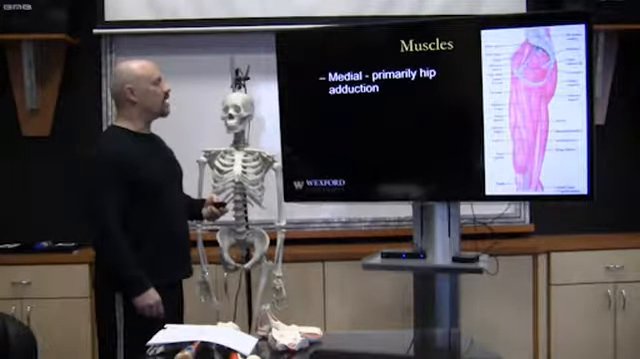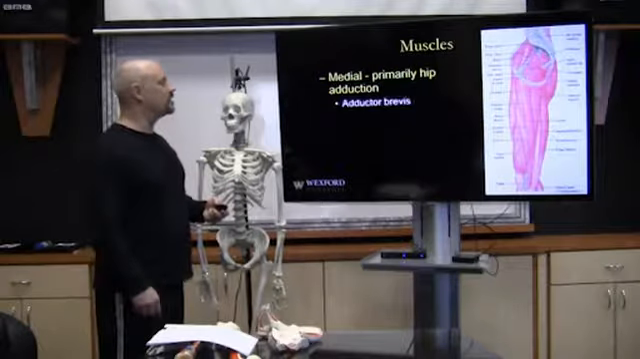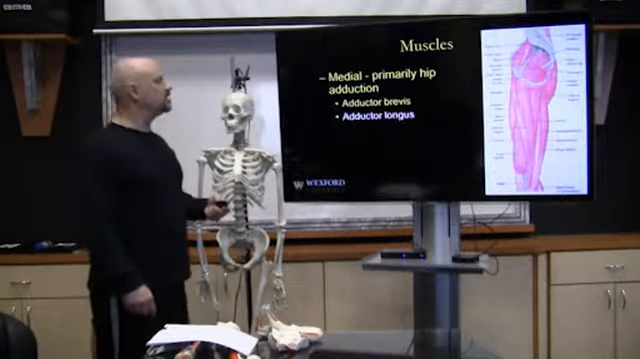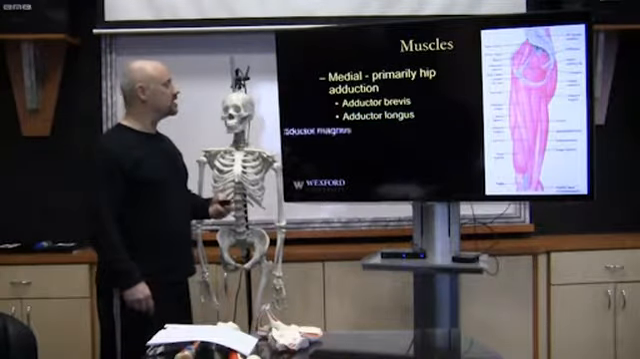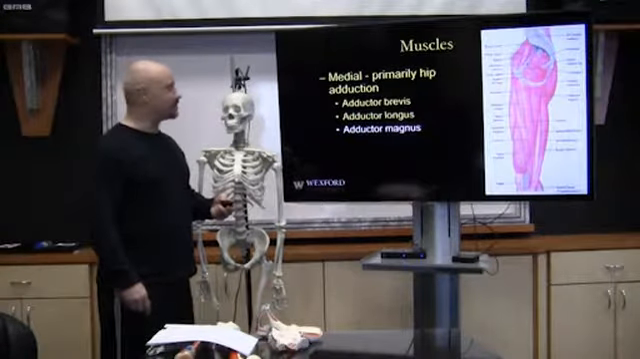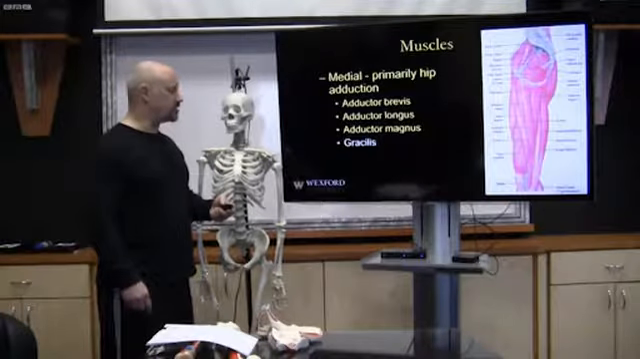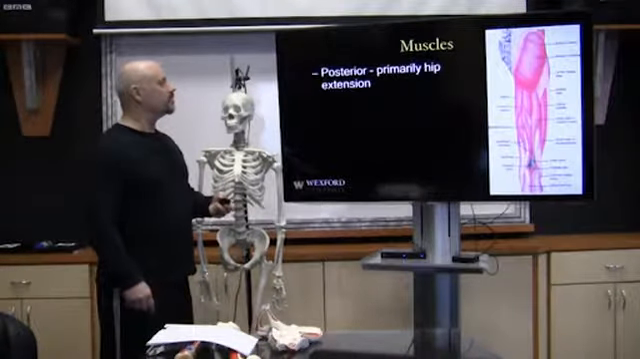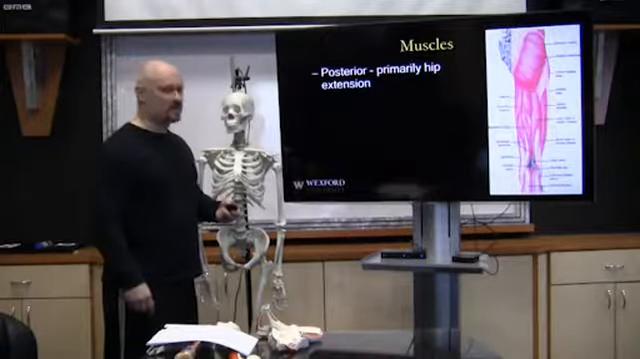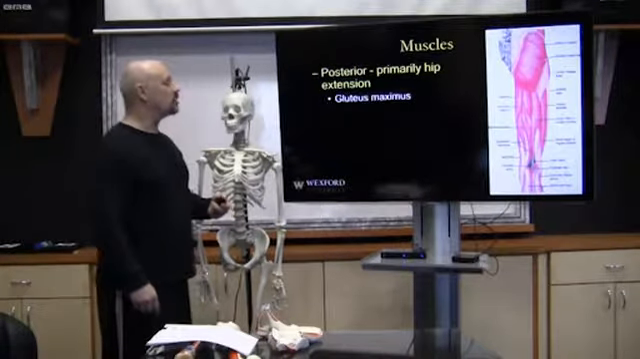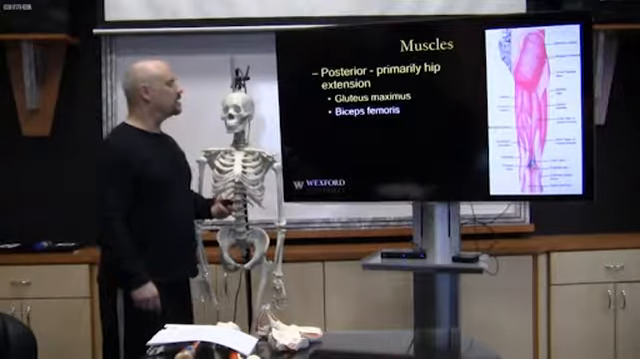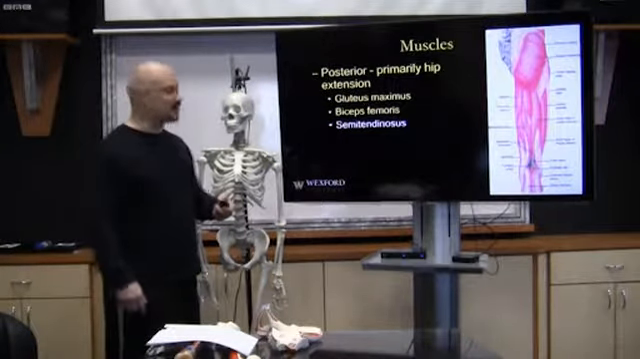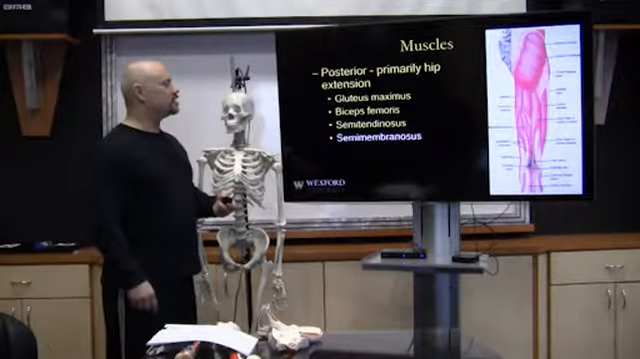In medial, primary hip adduction. Now remember, we're going to pull the leg toward the midline. Adductor brevis, adductor longus, adductor magnus, the gracilis. And in posterior, the primary hip extensor muscles are the gluteus maximus, the biceps femoris, the semitendinosus, and